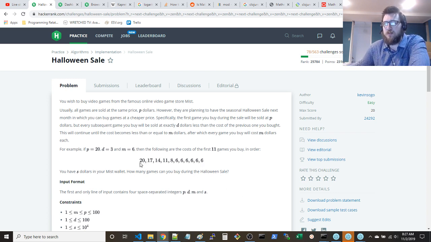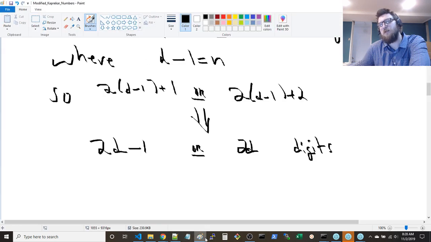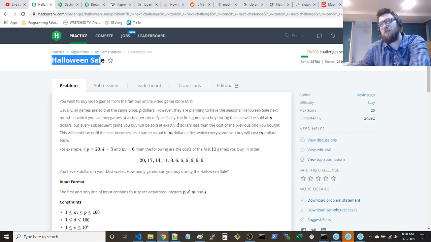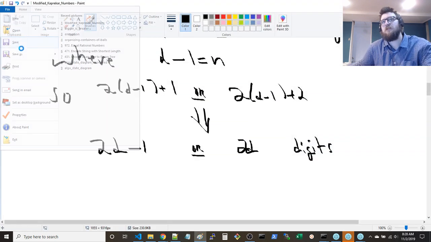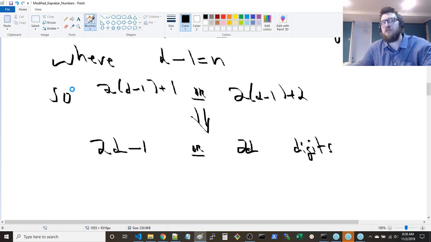So the way you would do that is the sequence. Basically, you want to get this sum, or you want to figure out how many terms down you've got to go until you've hit M. You could do a little bit of math to do that. So let's do that. This is a good problem. It's sort of one of those easy enough problems that you know you could solve it, but